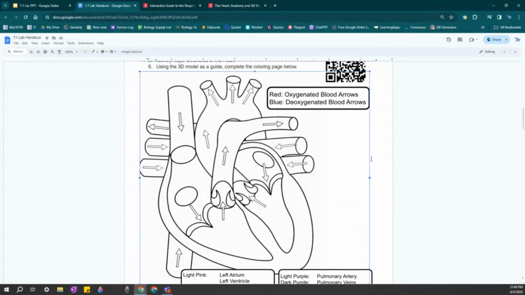After the blood becomes oxygenated in the lungs, it will return to the left atrium from the pulmonary veins here and here. They both dump into the left atrium. Then that pumps into the left ventricle, which pumps with extreme force through the aortic valve into the aorta, which then delivers oxygenated blood to the rest of the body. Make sure that you know and have this memorized because you will need to know that for the quiz and